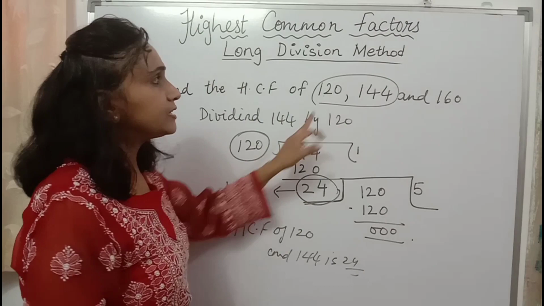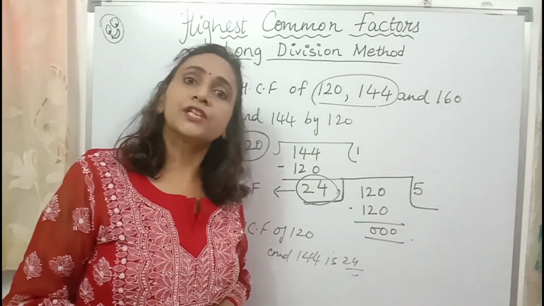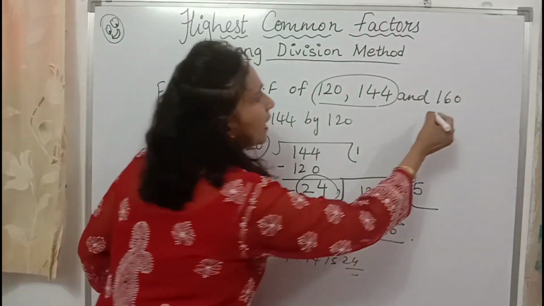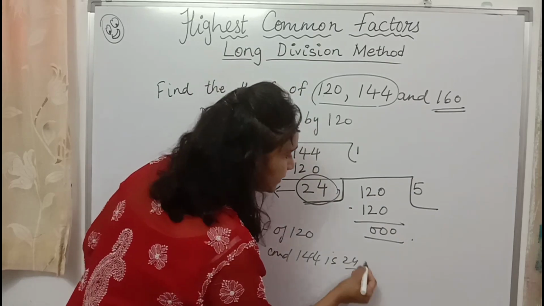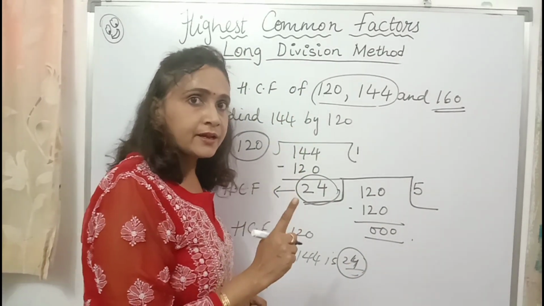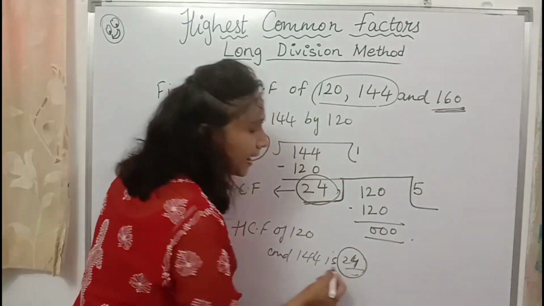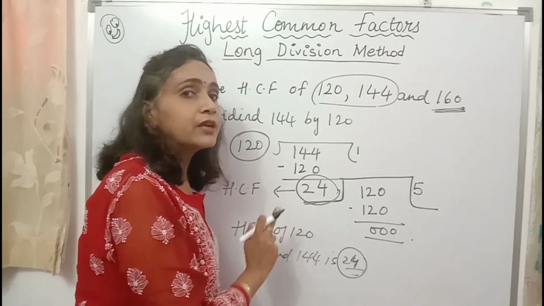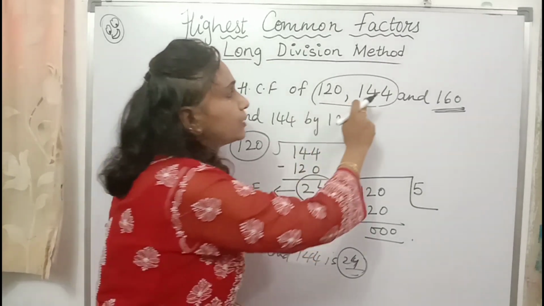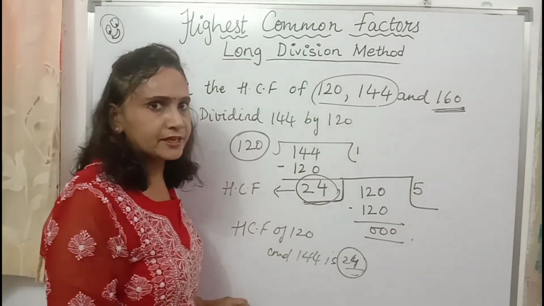Now it is the HCF of only 2 numbers. We have to find the HCF of 3 numbers. In that case, what will we do? We will divide the third number by the HCF of the first 2 numbers. Remember, don't get confused. The third number will be divided by the HCF of the first 2 numbers. ये गलती बिल्कुल नहीं करिएगा कि आप इन दोनों को ले लें या कोई और पेयर ले लें. हमेशा HCF से थर्ड नंबर डिवाइड करेंगे.